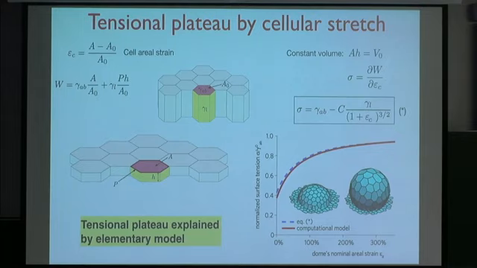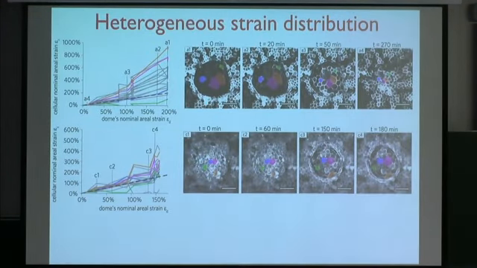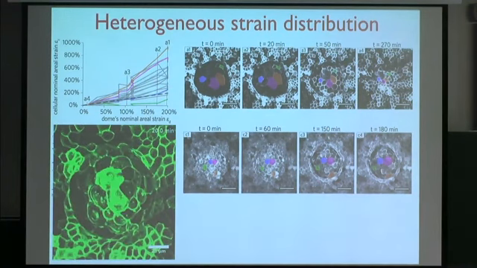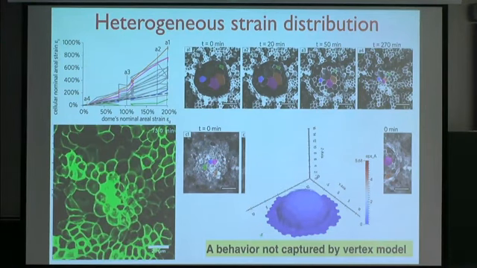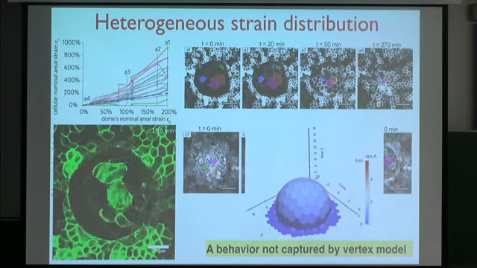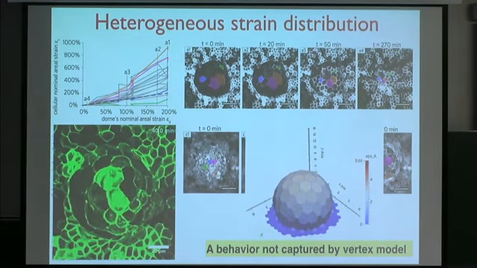However, this is not the end of the story, because if you look at the actual cell deformations, you have a huge heterogeneity in strain. So some cells are increasing their area tenfold, strains of 1,000%, while others are deforming less than the applied overall strain. And you can see this in this movie of a deflation event. And this is not captured by this vertex model that I was mentioning before. So to make the story short,